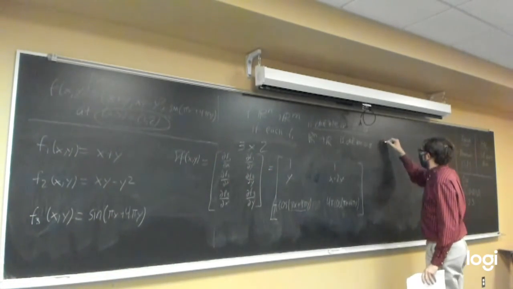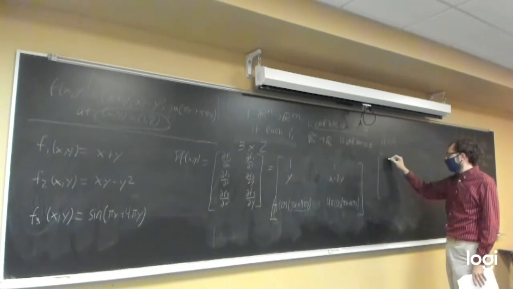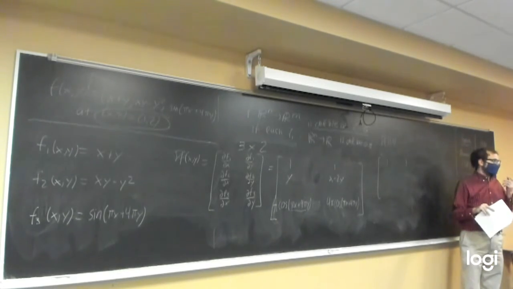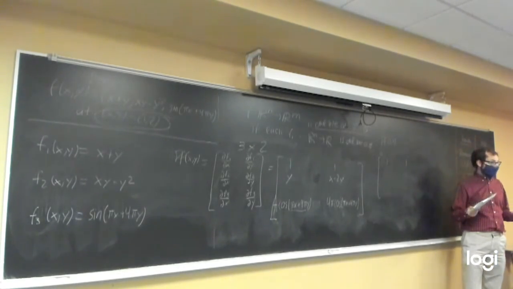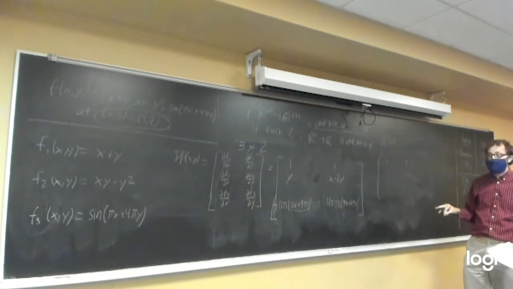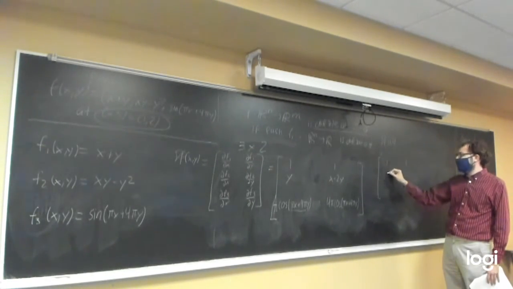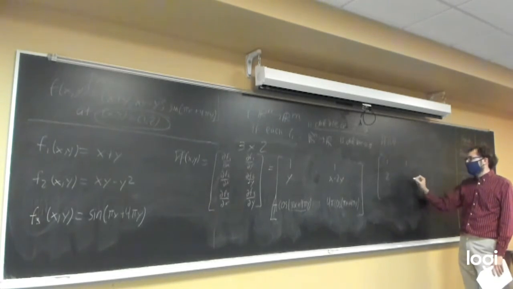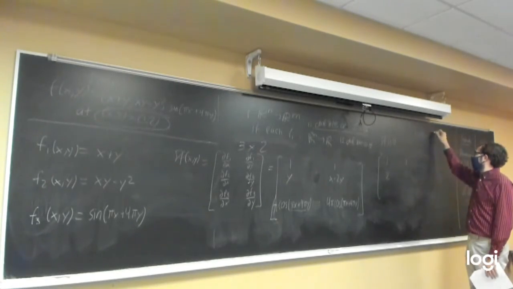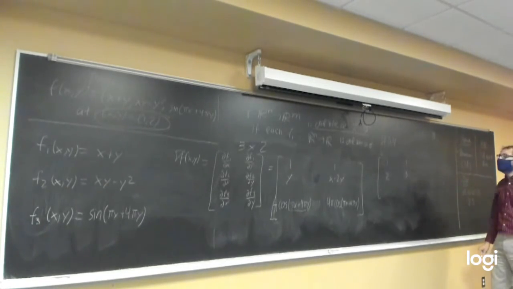So if we take df of 1, 2, well, top row is still going to be 1, 1. Because the top row, it doesn't matter what your x and y are. Those are just going to be 1 either way, because f1 has constant partial derivatives. The second row, we're going to have our y coordinate, which is 2, and x minus 2y. So x minus 2y is going to be 1 minus 4, which is negative 3. And then in our bottom row,